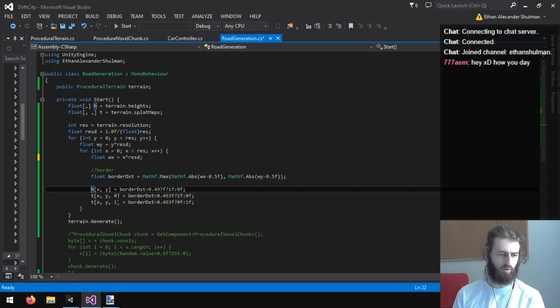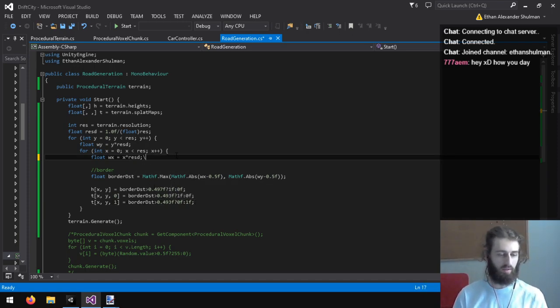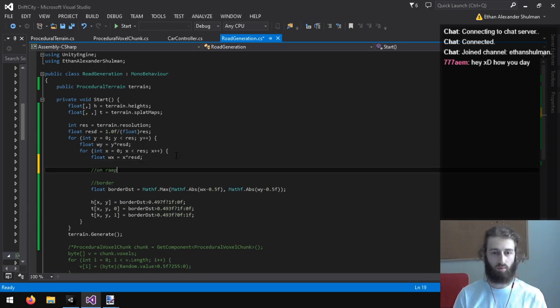I guess what I could do is no interpolation here and just set it to a texture ID. That would be a lot easier. Alright, anyways, let's do the corkscrew.